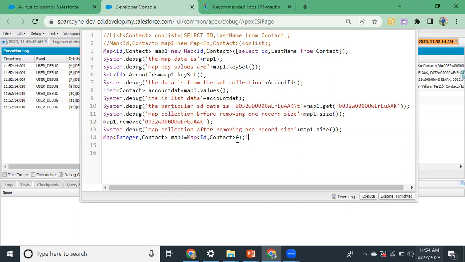Now I am putting some data into this. So map of 2, reference variable changed, map of 2 put. So I'm giving the key as an integer. So 1 dot